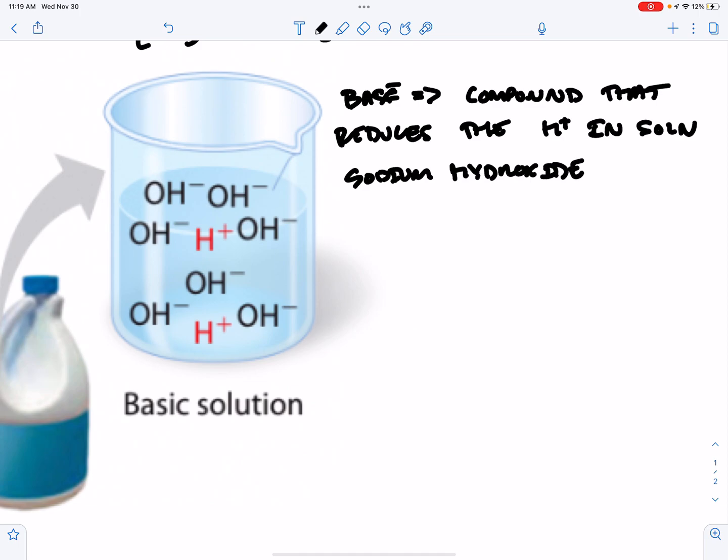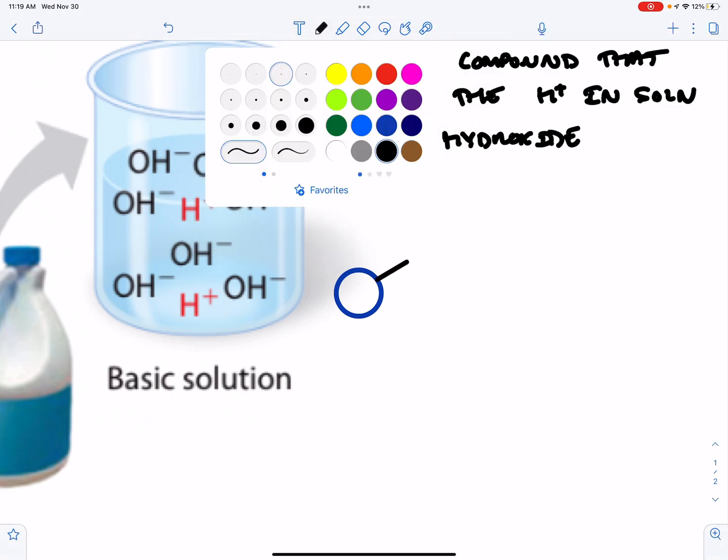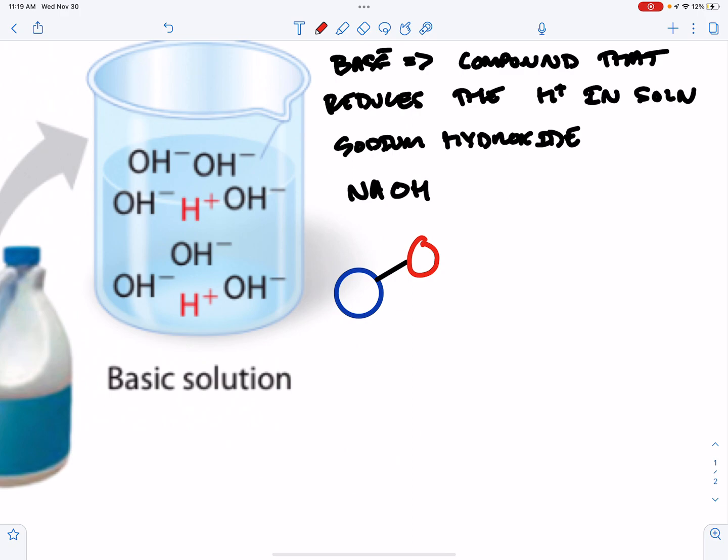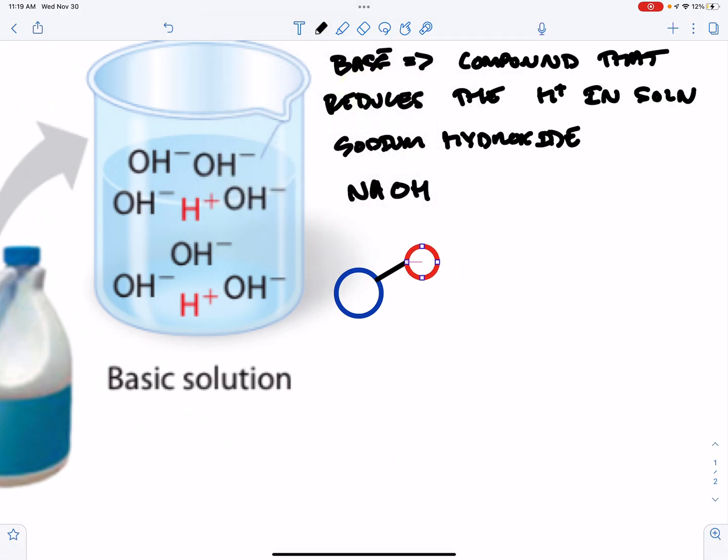The chemical formula is NaOH, and it is composed of an atom of sodium bonded to an atom of oxygen bonded to an atom of hydrogen. When you put this in an aqueous solution,